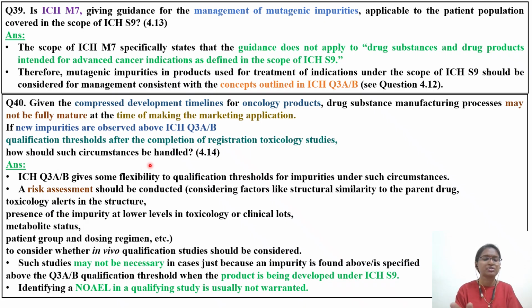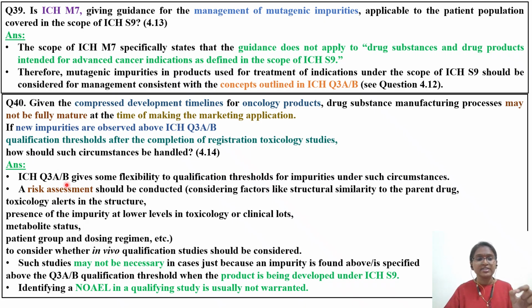So, the situation you understood. There is a drug which we are developing; during the initial stages, with small scale manufacturing, you didn't identify the impurity. Once you go for scale up, then you found that new impurities have been identified, and those new impurities are also above the qualification threshold as per ICH Q3A, Q3B. Now, how to handle this type of impurities? We cannot just discard the batch. How to handle? What is the answer given by the agency?